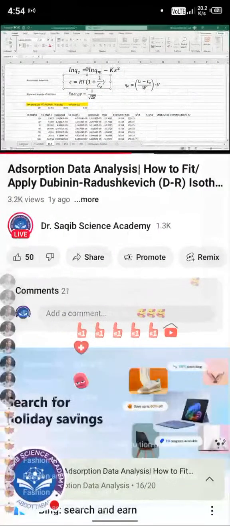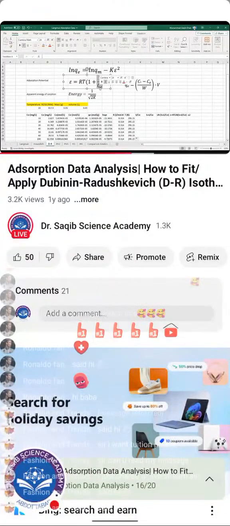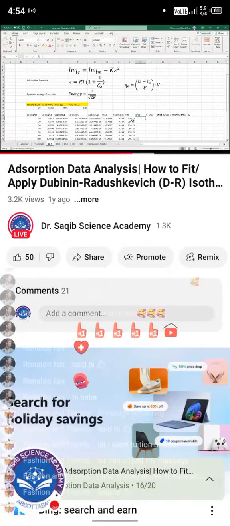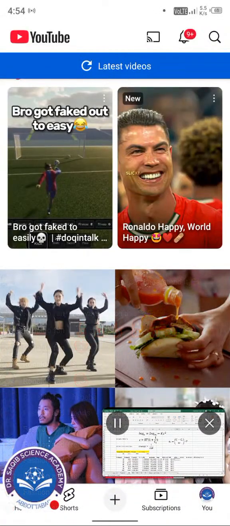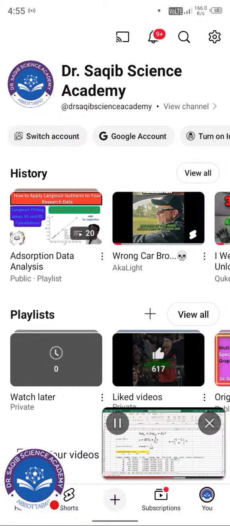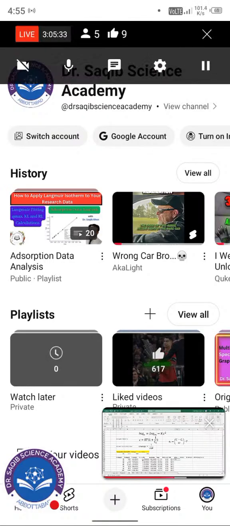Now, as you know, to calculate epsilon, the adsorption potential, we have the R value, we have the T value, but we will calculate the 1 over CE value. That's why over here I have written down the 1 over C. So this will be equal to 1 divided by the CE value, the one which we converted into mole per liter. We will use that value. So 1 over